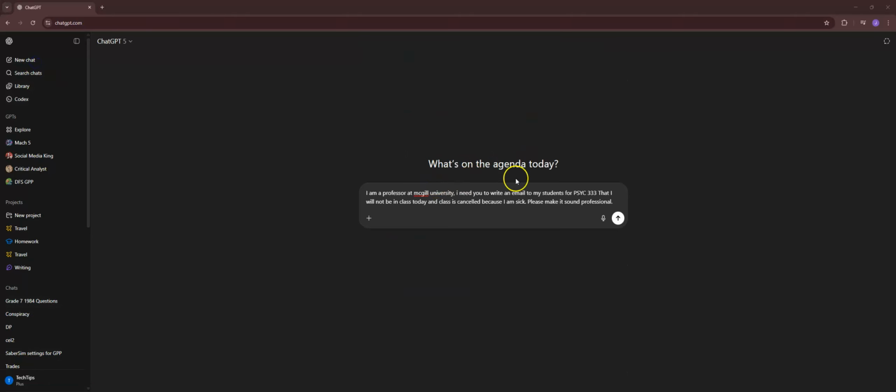Another way as a professor or teacher that you can utilize ChatGPT to help make your life easier is by simply having it write emails for you, especially if you're not capable or you're busy doing something else. You can have ChatGPT write it up for you really quickly. So for instance, you can also use voice mode if you need to, if you're not capable of writing or whatever, or you want to just do it really quickly, but you can always just type it up like this